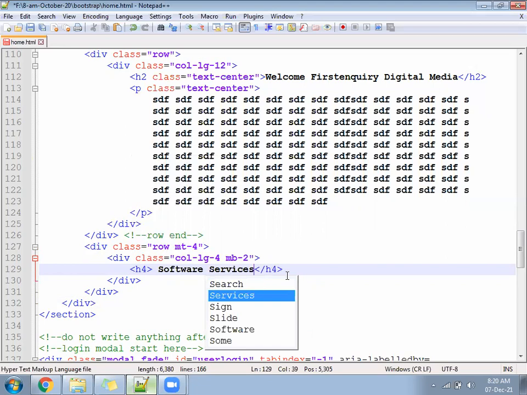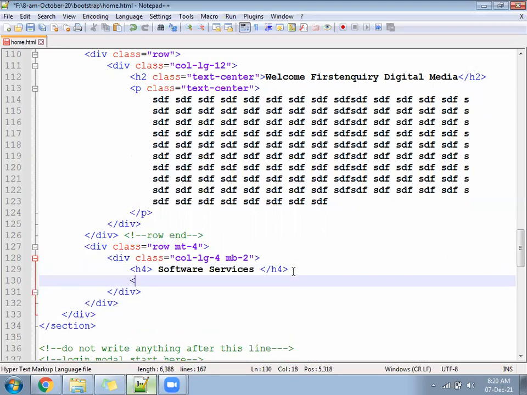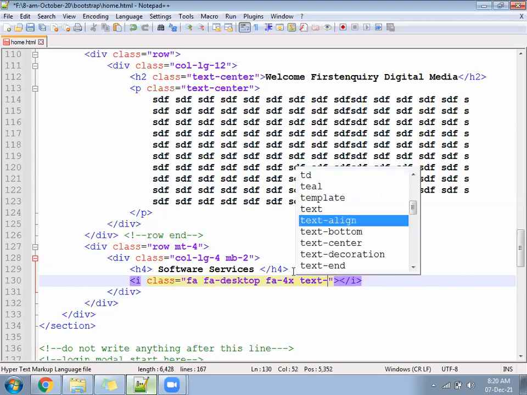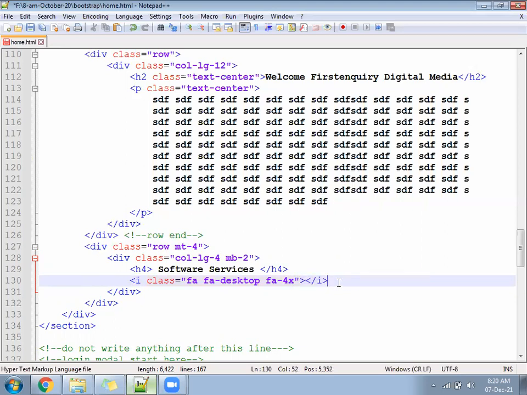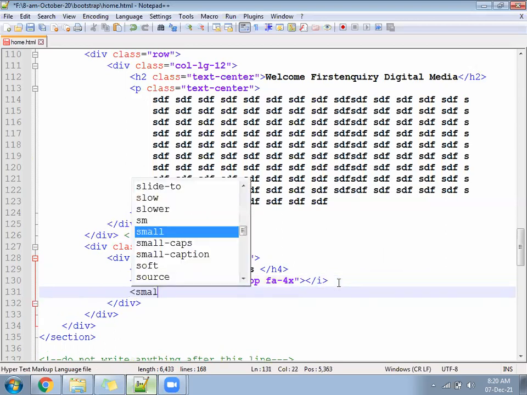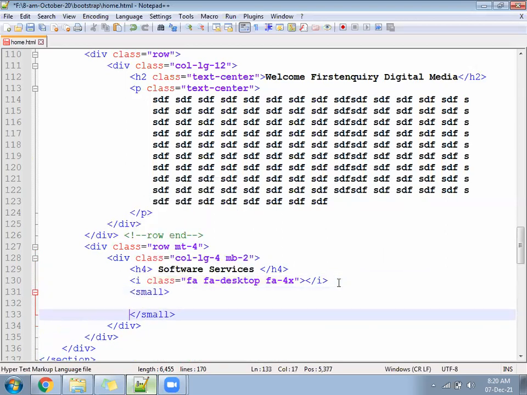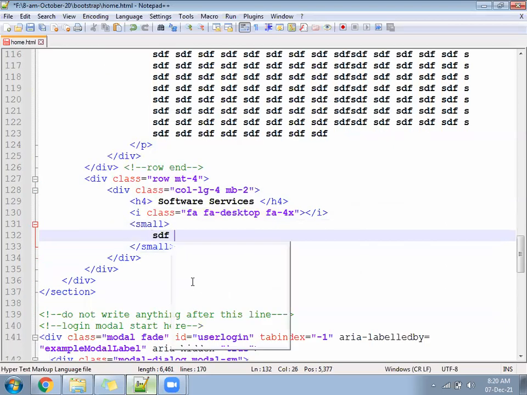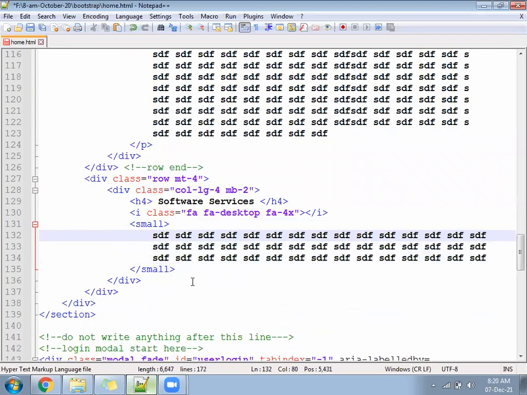Below that display one icon, class equal to fa fa-desktop and fa-4x, and text-white. Anyhow, everything will come in white only. After that, write a small tag, and within the small tag write some text, 3-4 lines, so that it will look like a service block.